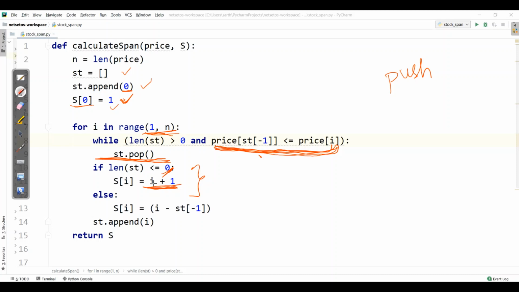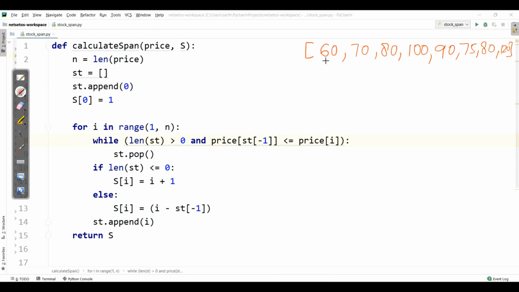Let's take one more example to understand this base condition. Now we will be calculating all the span of this price which are for stock. Now for the first day price, let's define the index also over here. So for the first day, we will take the span as 1, as it is a 1 day span. Then for the current, we will start with 1 index. So current will start from first day.